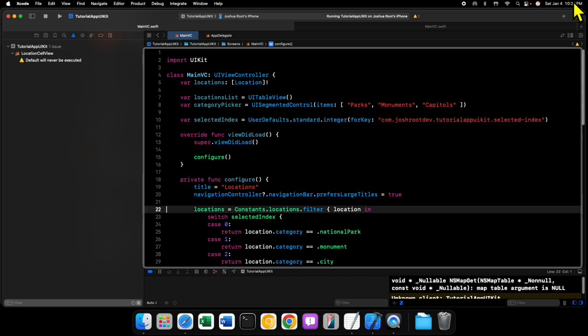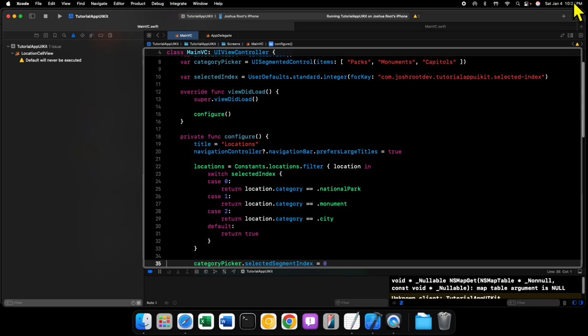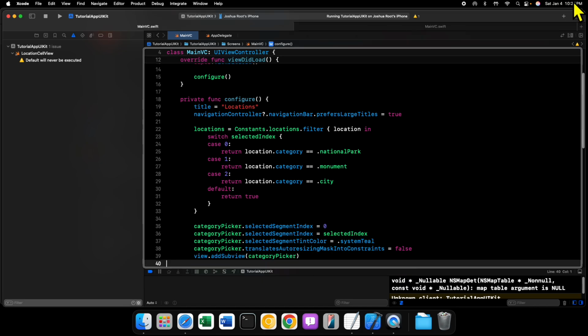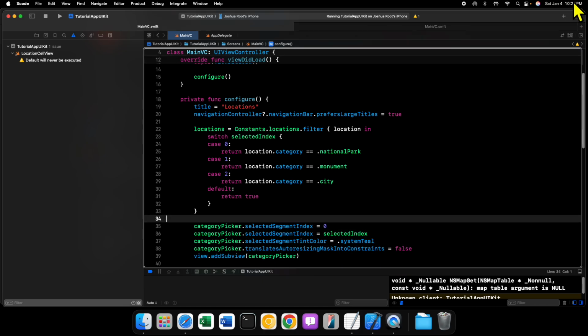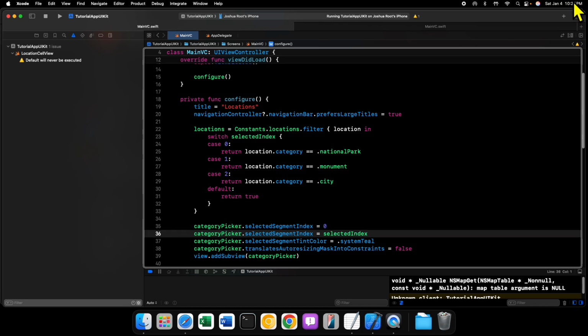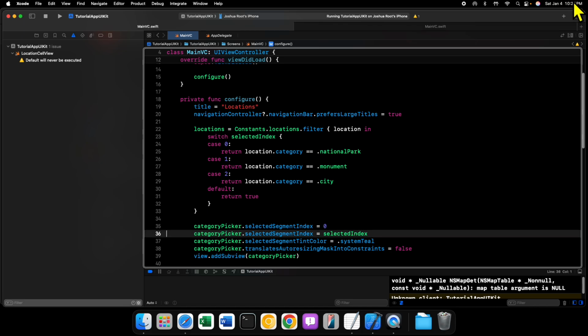We'll go down to our configure method here. Okay, so we do not have a target. All right, so what we want then